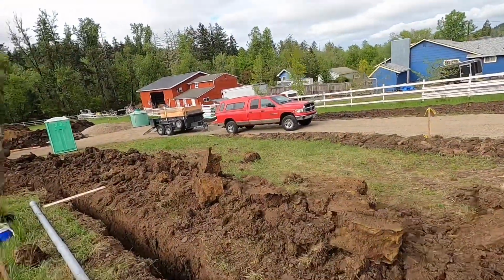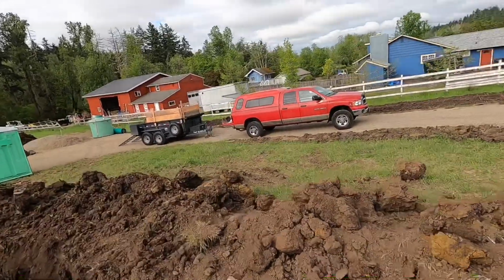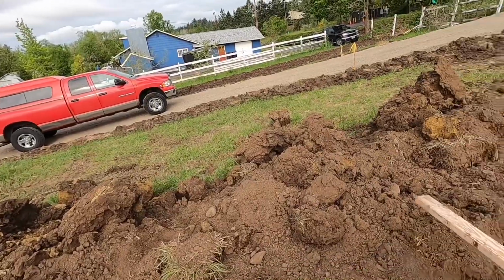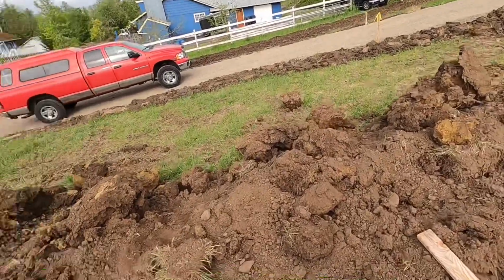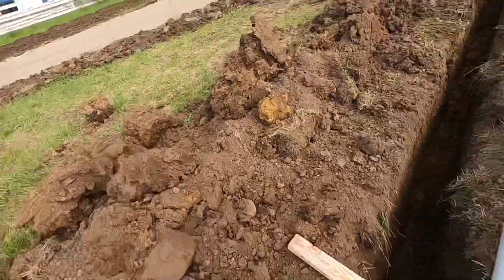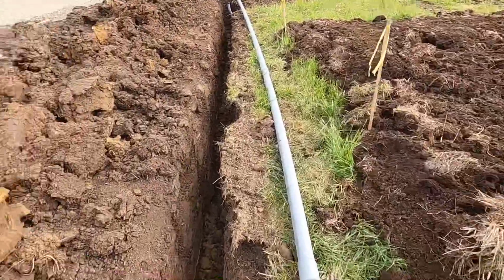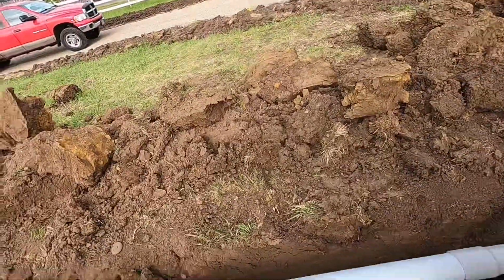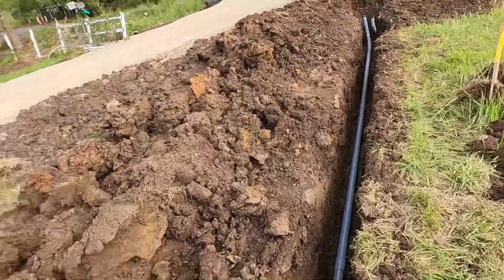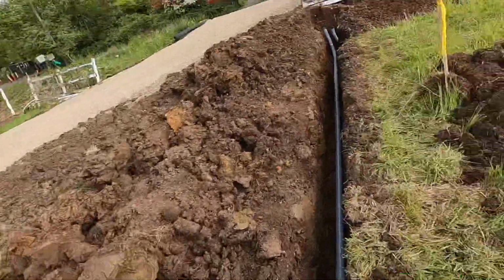I gotta slide it this way just a little bit more, so that the bottom of that conduit's not down there in the ground. That's all it took. Slide that over. Basically, oh, boom, just like that. Got one end sticking up. The other